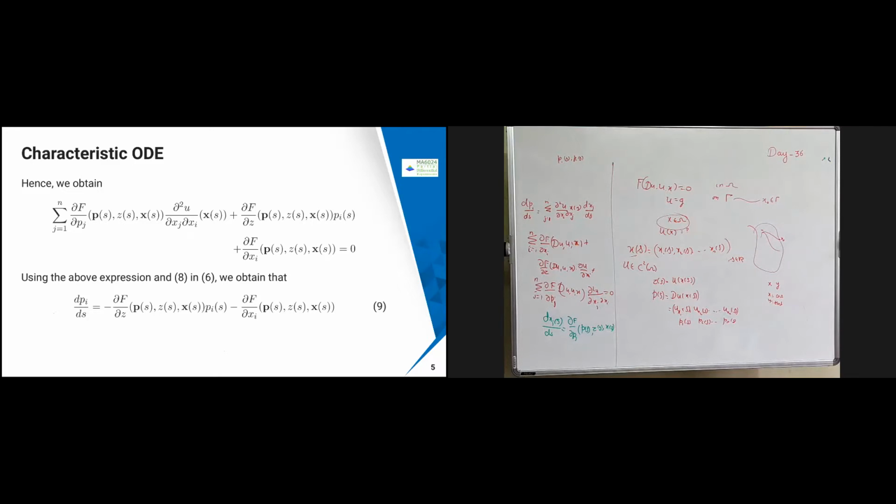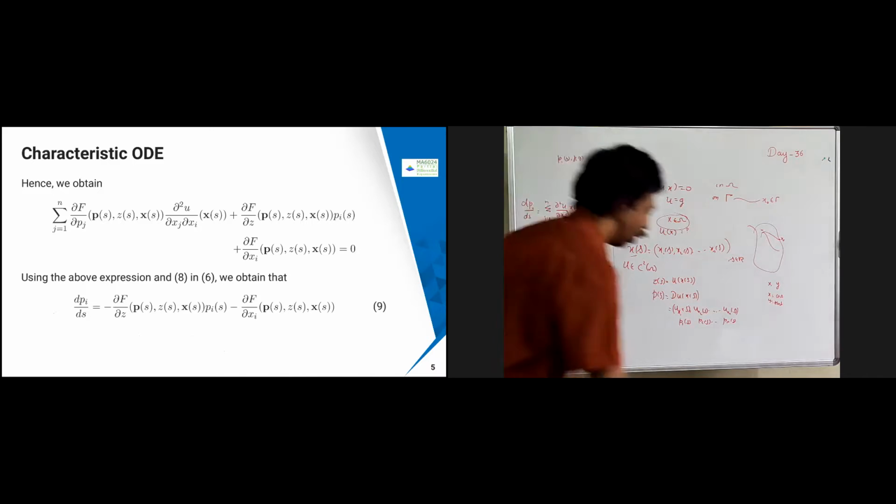So dxj by ds, where is it coming? dxj by ds is going to come over here. So I can just substitute. dxj by ds is going to be dou f by dou pj into dou pj by dou P of s, Z of s, and x of s. So if I substitute that,